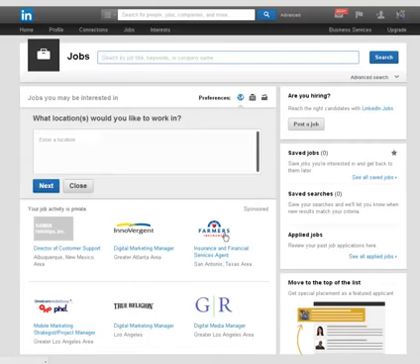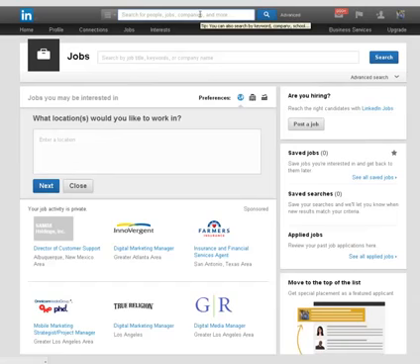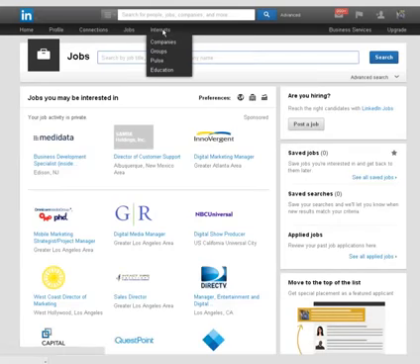So we can go up to jobs. Oh, you're looking for jobs? We can click on that, and you can go to any of these companies. So these are all the companies. You can search for job title, keywords, company name. And most important right here, it's the same thing at the top. You can go in and search for those groups.